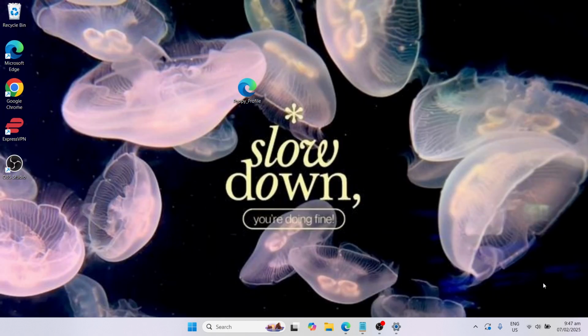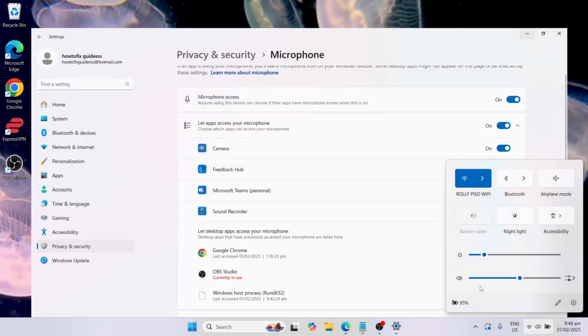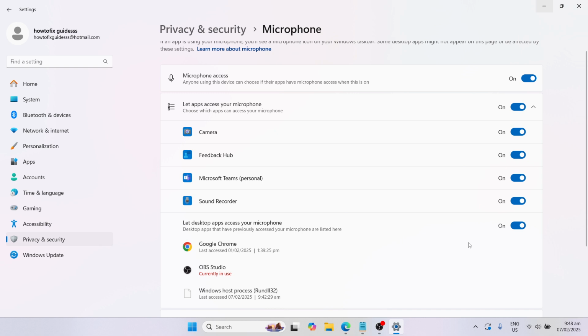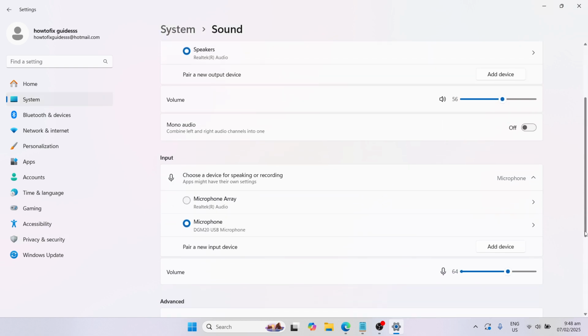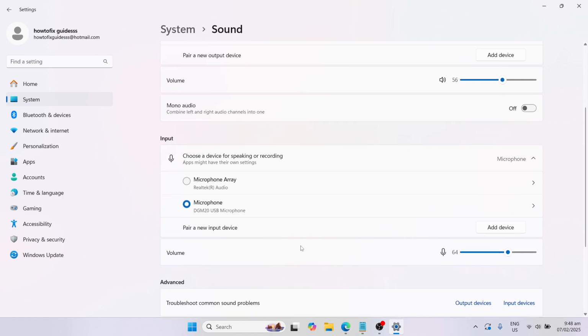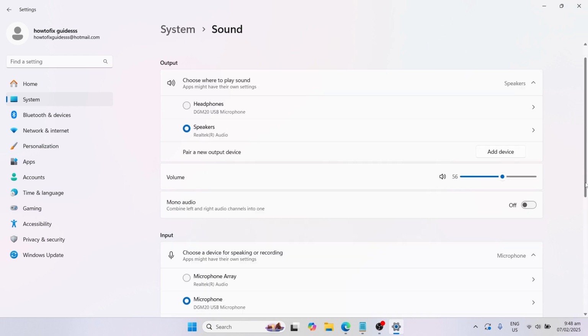to look for sound settings. So just simply click here and then go to this audio settings and then do a right click and then go to settings. So once you're here at the sound settings, just make sure that the chosen device is the current microphone that you're using and might as well here at the speakers. Okay? And then scroll down